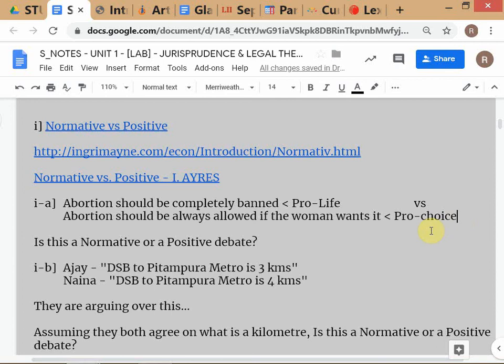Now these people have come up with a new idea that even after birth, what they do is they don't revive the baby. The doctor is having a discussion with the mother, and they just decide not to revive the baby. So that is also a way. These are the extremes, but not everybody has the extremes. But this is what choice and life mean.